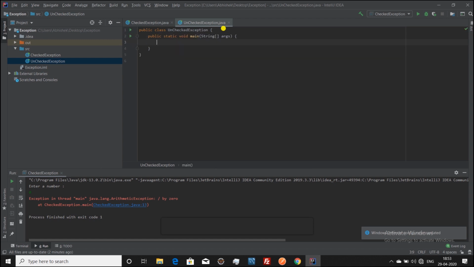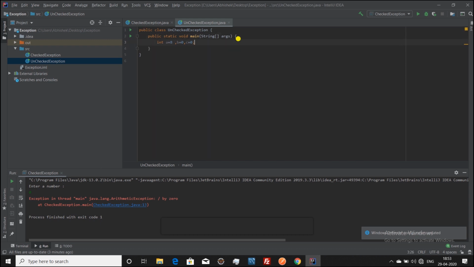Here we will do the same thing which we did in the checked exception, but in this we won't take the value from the user. We will just give the values ourselves, like a is equal to 8, b is equal to 0, and c is equal to 0.